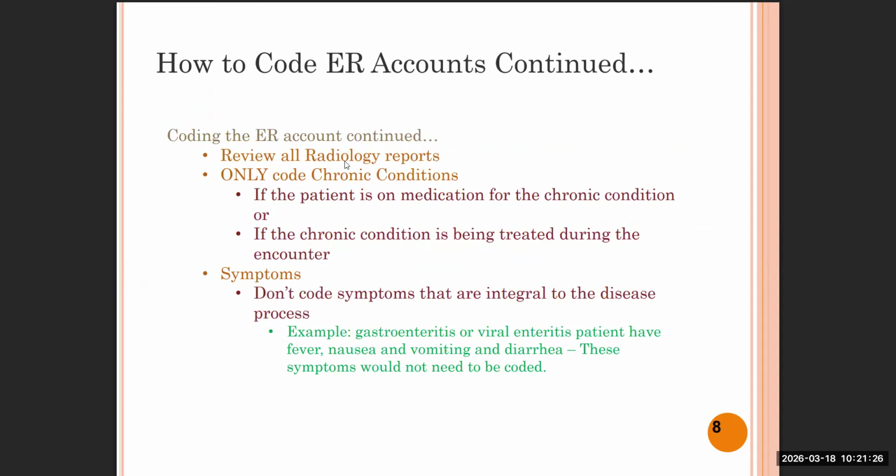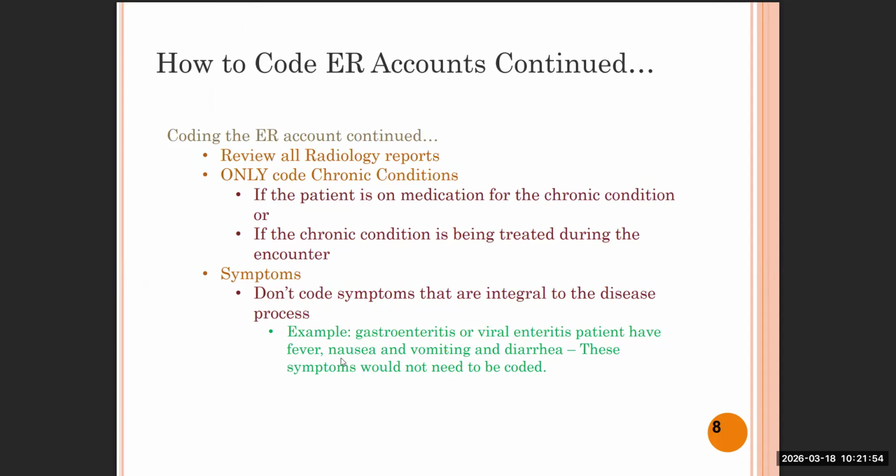Review all radiology reports. Only the chronic condition, if the patient is on medication for the chronic condition, if the chronic condition is being treated during the encounter. Symptoms, we are talking about symptoms. Don't code a symptom that is integral to the disease process. Example, like enteritis or viral enteritis.